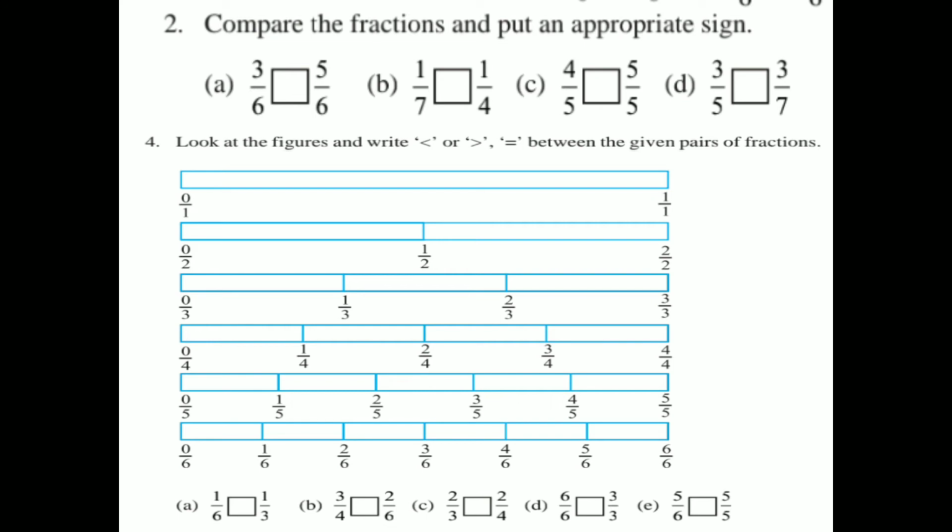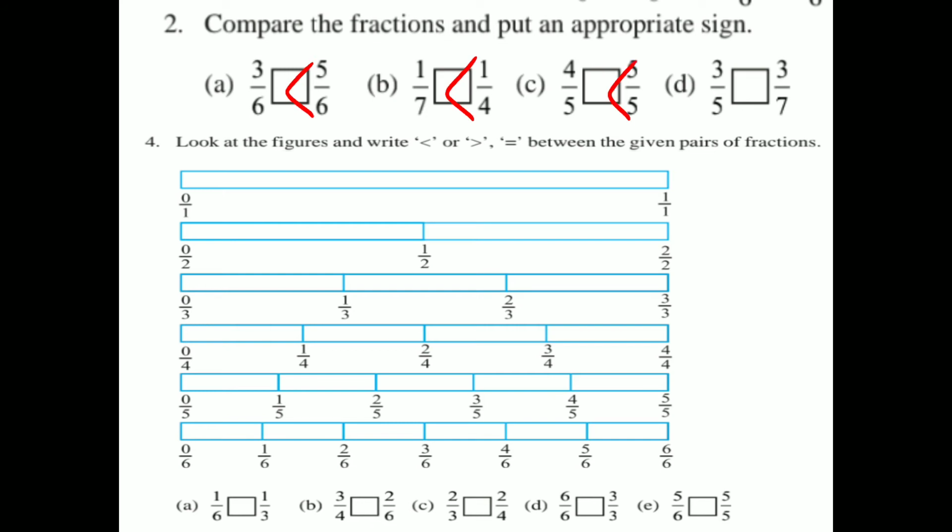In this also you put a sign. You can do this thing in the book only. Compare the fractions and put the appropriate sign. Now see, denominators are the same and the numerator, which is greater? 5. So you put the sign this side. Now 1 by 7 and 1 by 4. In this, numerators are the same, and when numerators are the same, then the smallest denominator will be considered bigger. So 1 by 4 is greatest. 4 by 5 and 5 by 5. Denominators are the same. So which number is greatest?